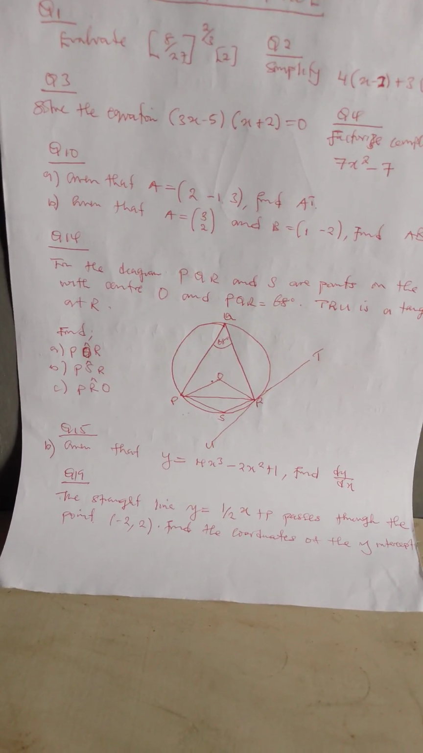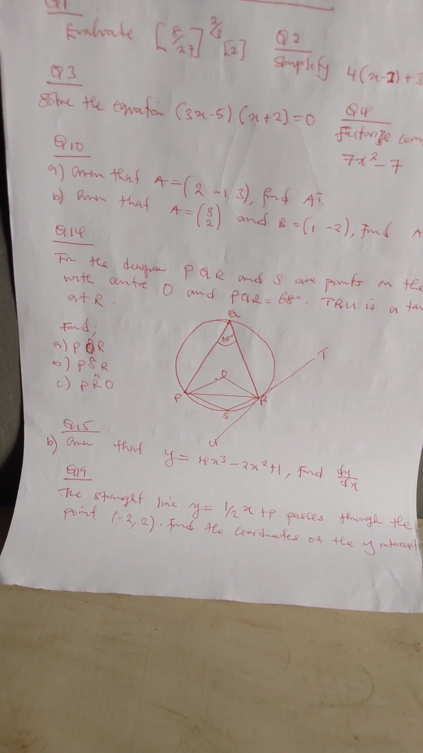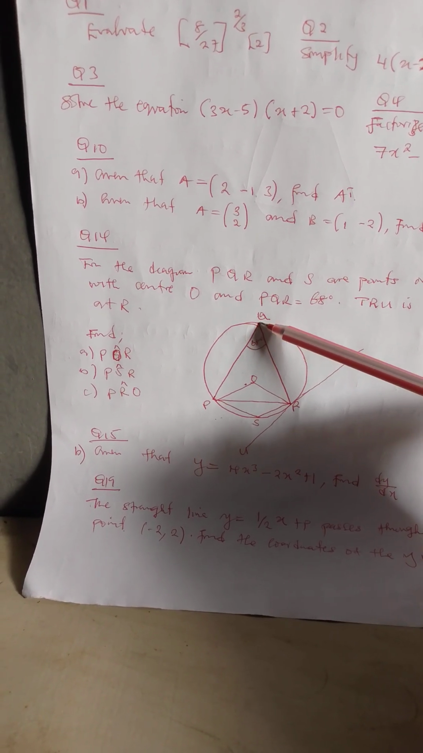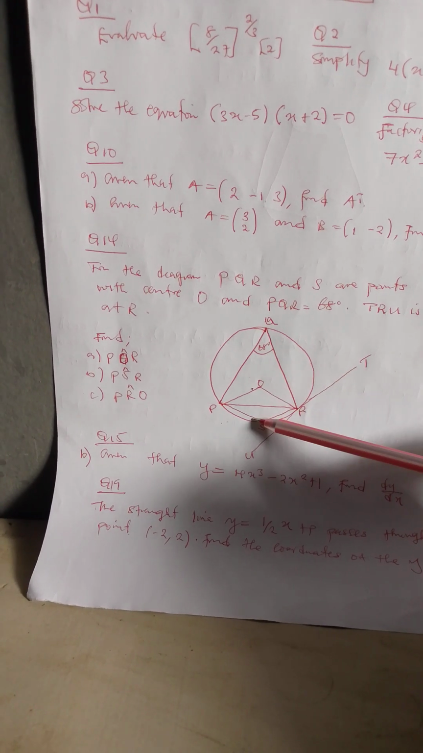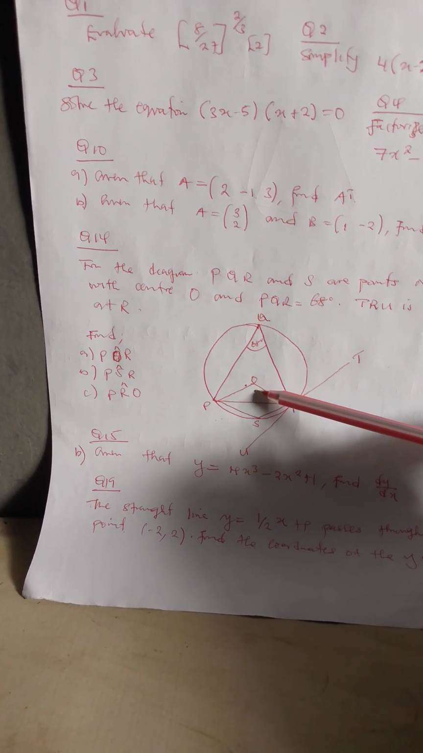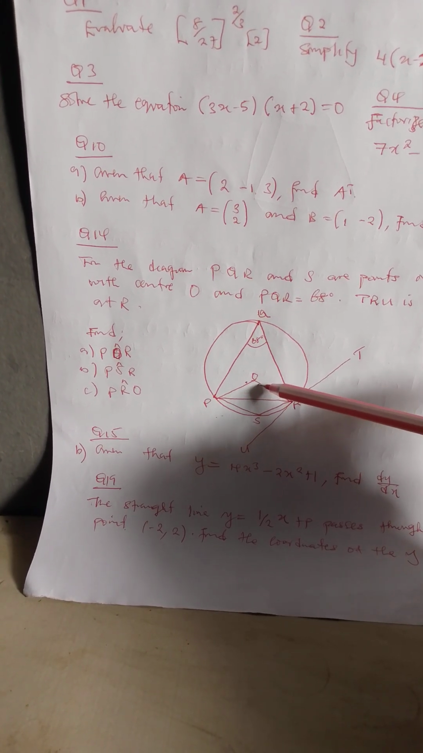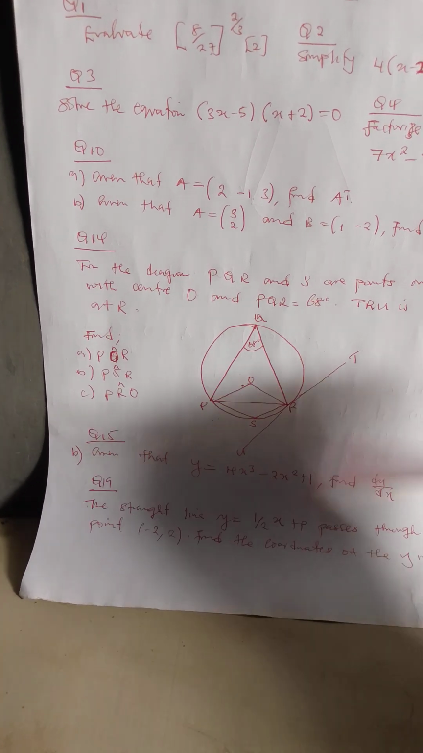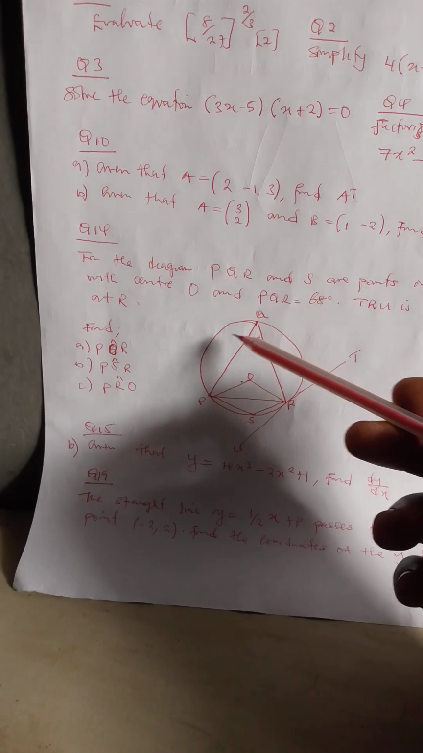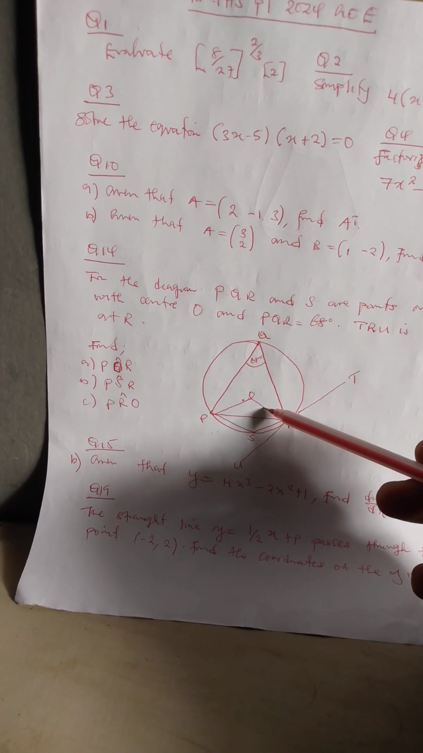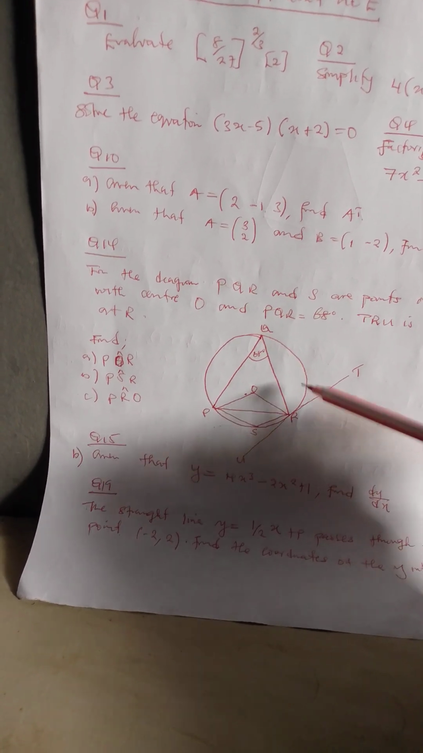To find angle POR, I'm going to apply one of the theorems which states that the angle at the circumference is twice the angle at the center. Since I have the angle at the circumference, which is Q, I'll multiply this angle by 2 so that I can have the angle POR. So this is giving us